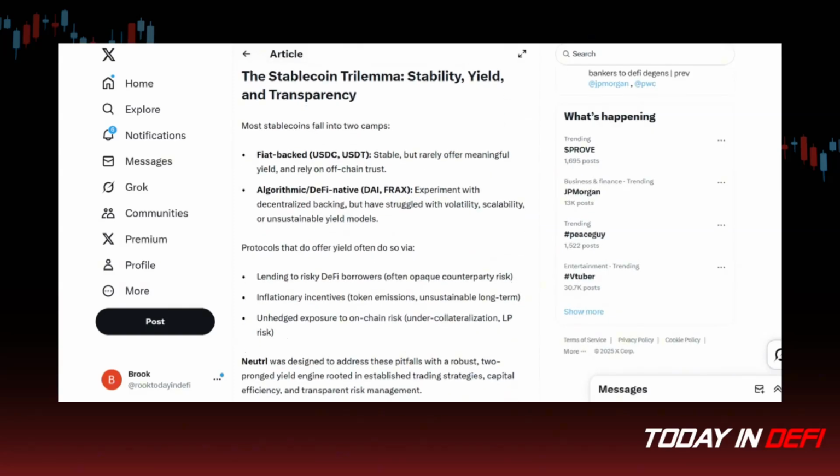So Neutrl believes that there's something called the stablecoin trilemma, which is the trilemma among stability, yield, and transparency. For example, the most famous stablecoins like USDC and USDT are very stable. However, they have a very low level of transparency, because a user can only verify the collateral through probably the monthly attestation report. Or oftentimes they can only rely on the quarterly report or the annual report to understand what the collateral